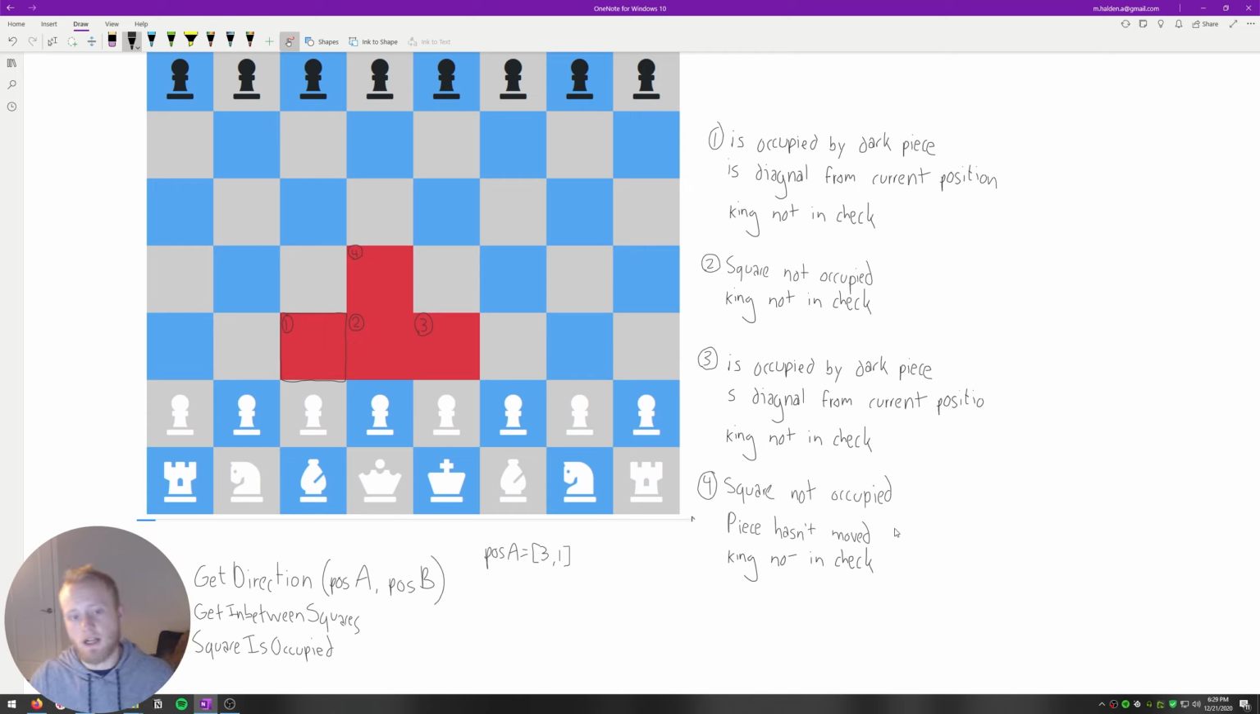And if the square is occupied, what's on it? Right? But for now, I think that's okay. So let me just say square not occupied. And let's say square directly above not occupied. Okay,